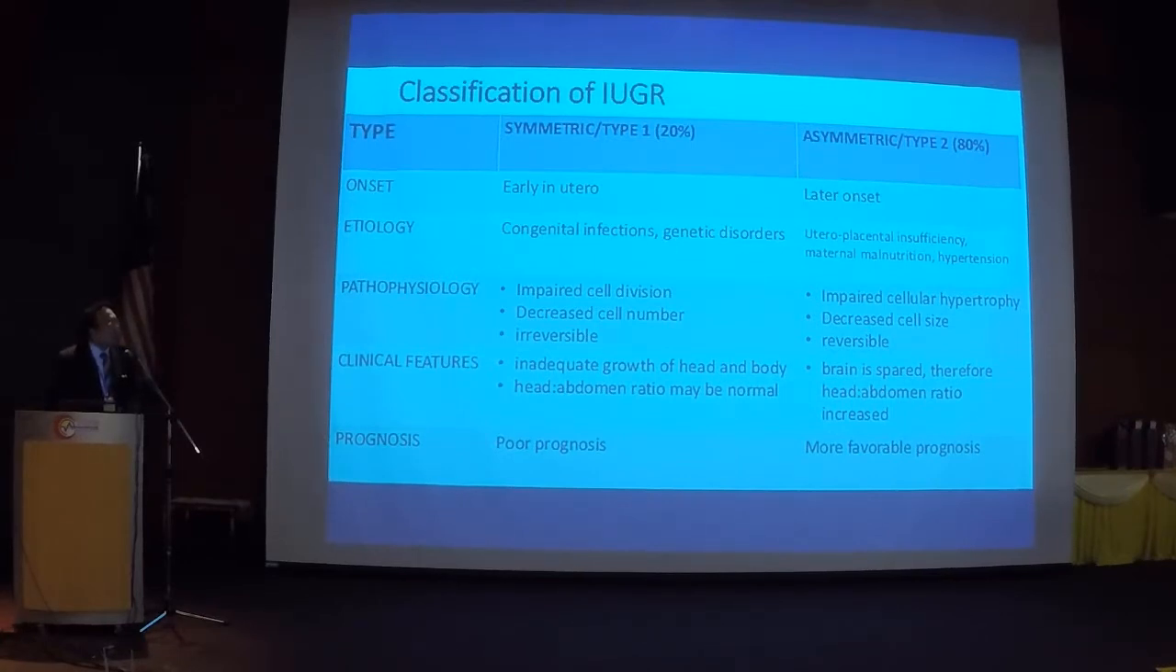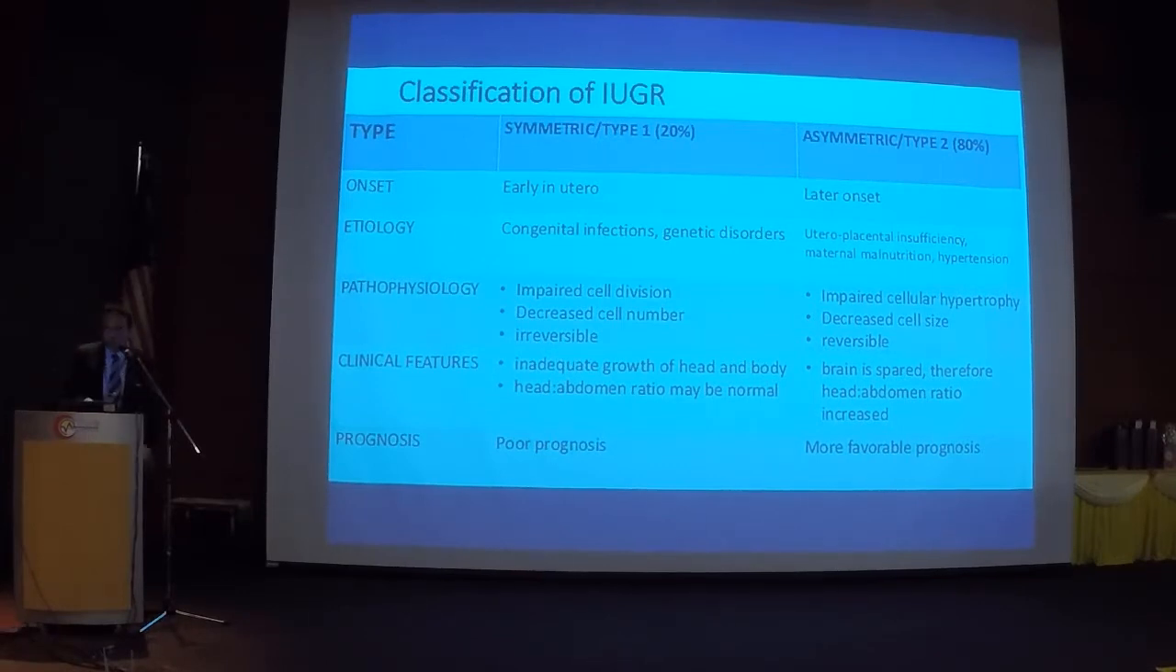Or there's a congenital toxoplasma infection, for instance. What will happen is all the cell divisions are impaired, there's a decreased number of cells, and it's an irreversible condition. You can't do much about it. So all the parts actually don't grow very well. The head and abdominal circumference may be normal because all the parts of the baby are affected, and it's